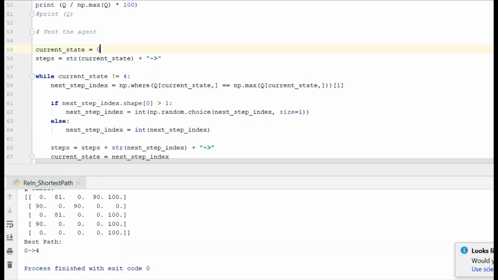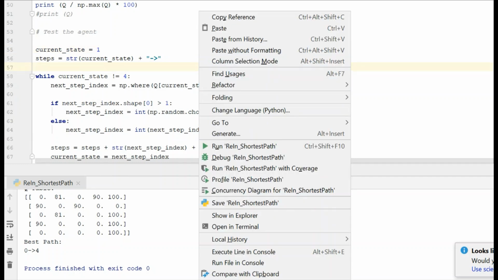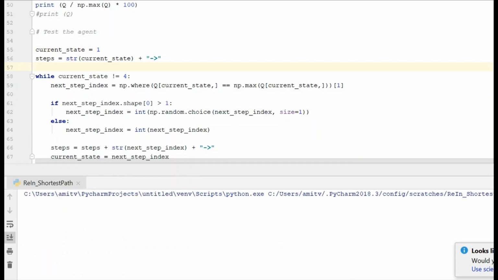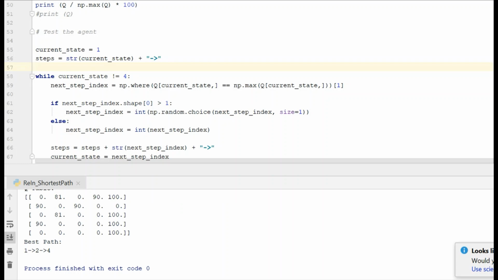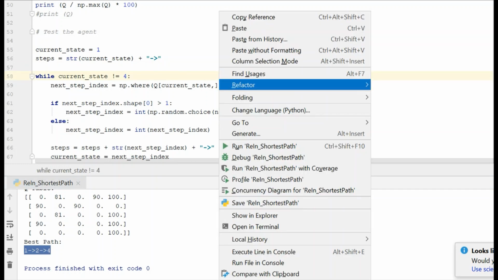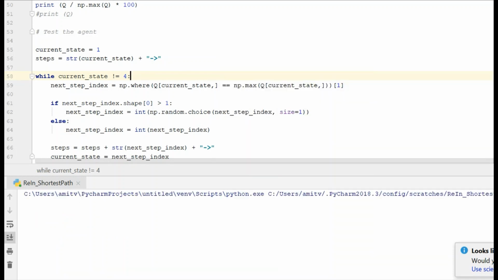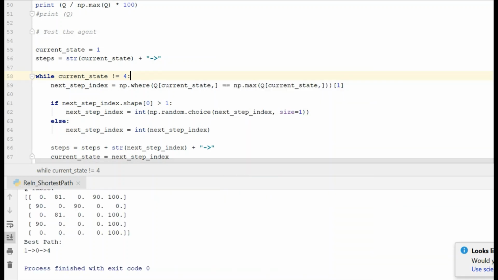If I make it 1 and run the program again, this will suggest from 1 to 2 and from 2 to 4. I do not make any change and try to run it again. Now this is suggesting from 1 to 0 to 4.